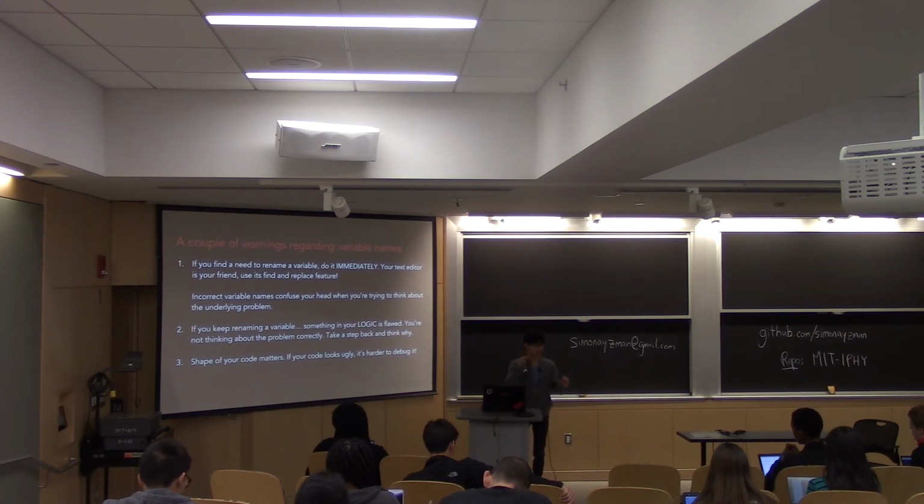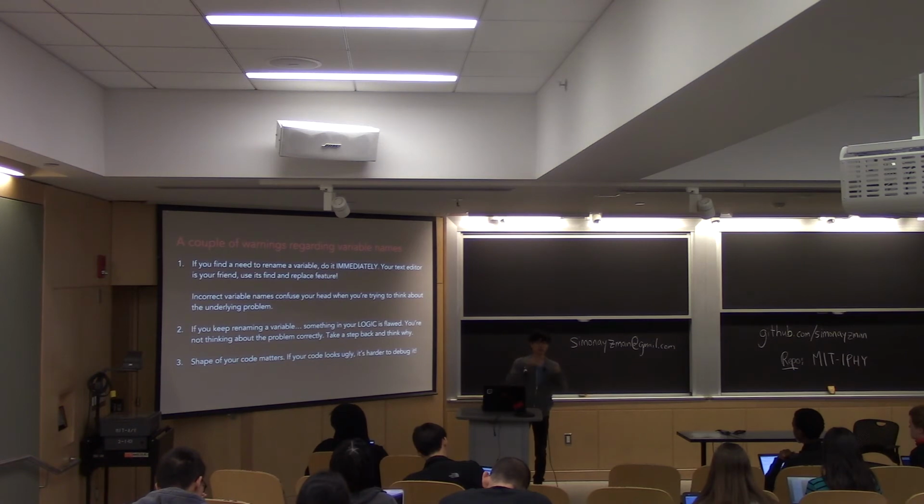So you think, okay, this variable means blah, and then after a while you think about it more and think, maybe not, and then you start second guessing and third guessing yourself. At that point, there's some sort of flaw in the overarching logic I am trying to implement here. So this is a very good symptom that you should take a step back and think about the problem. Maybe get a pen and paper and try drawing what you're trying to do. Something that takes you away from just mindlessly coding and writing really buggy code.